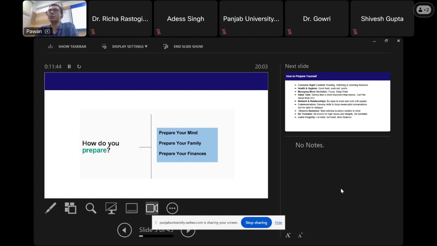Somebody would need 10,000 per month, somebody would need 20,000 per month. If somebody has an education loan, for example, they will have to start paying EMIs immediately after graduation. Somebody might need to support family, being the earning member of the family. Whatever their situation, they have to arrange. Okay, I want to give myself 2 years to do a startup, so do I have enough money to survive for 2 years?